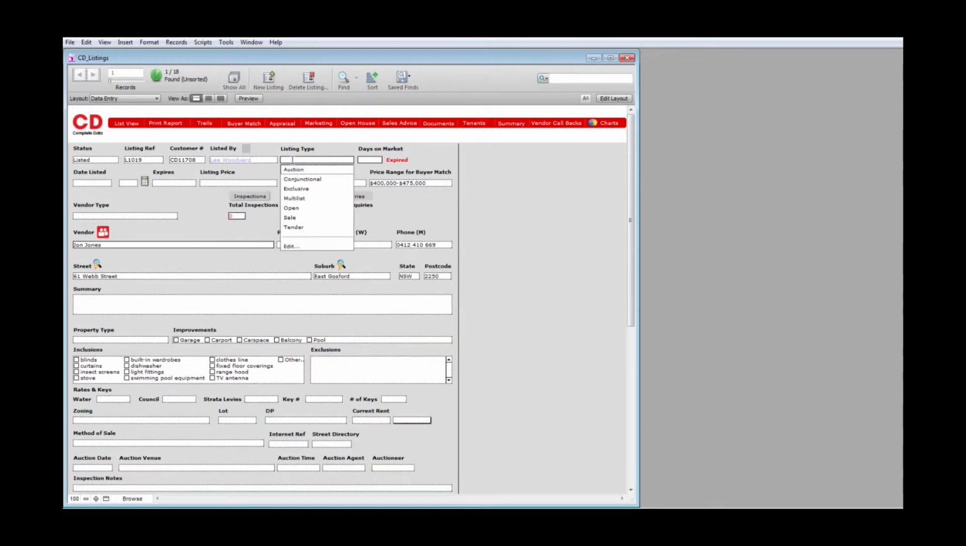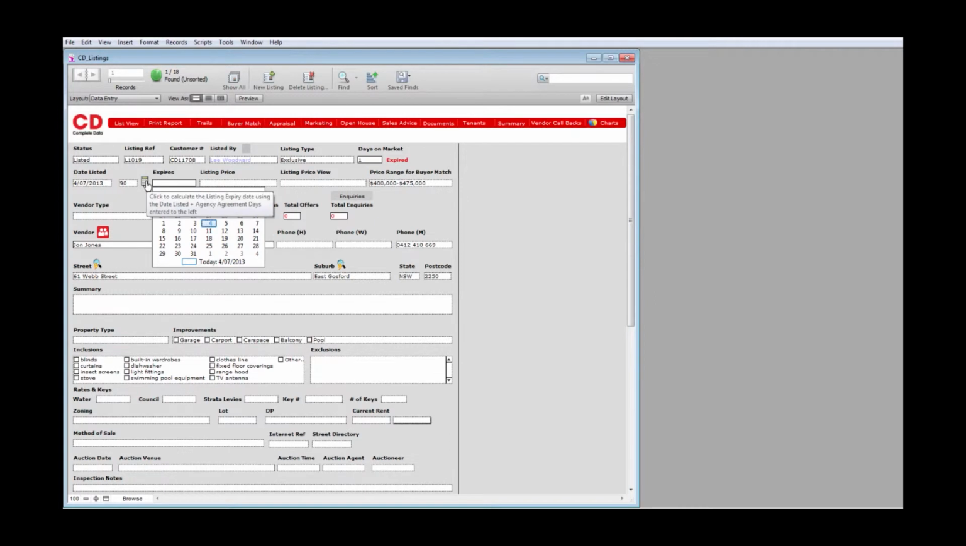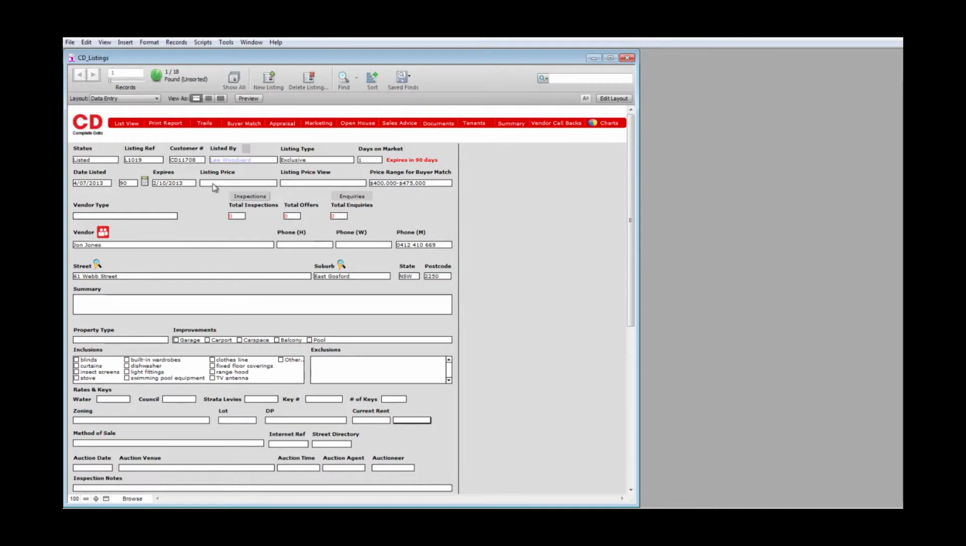Now I just need to make sure I go through and fill in the listing details. So is it exclusive? The date I've listed the properties? How long is my contract for? I can select the calculator to automatically enter in the expiry date, the price that I've listed the property for, list price view, the vendor type. I can fill in a summary here, the property type,